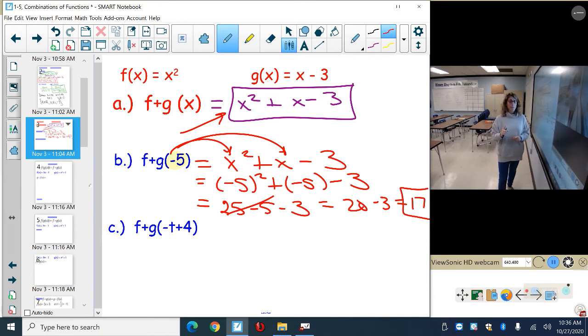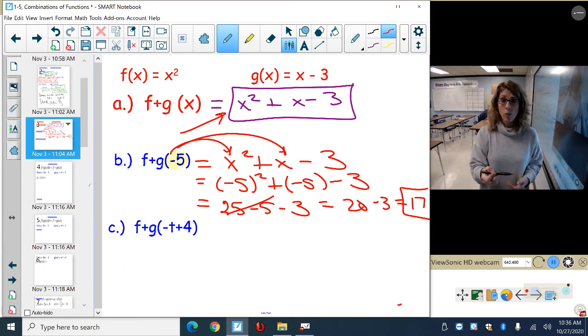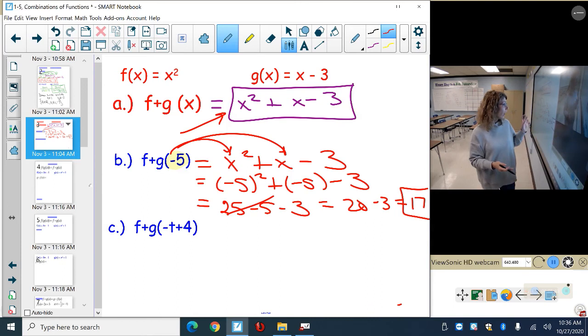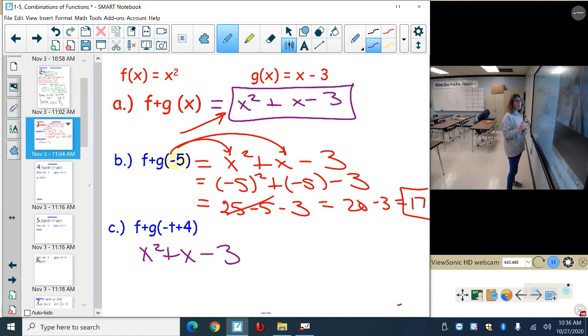So here's the thing. I took two functions and I added them together. After I added them together, I then plugged in the evaluation of -5, and I calculated out the answer to give me that when I evaluate f plus g at -5, it is the value 17. So when you plug in a number, you're going to get a number out. So what happens whenever I plug in an expression? Well, I'm still going to use the x squared plus x minus 3, but every place I see x, I'm now going to plug in